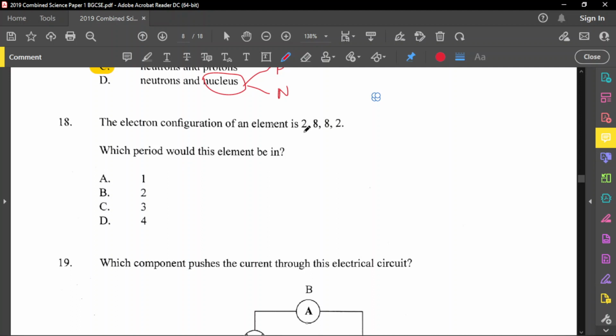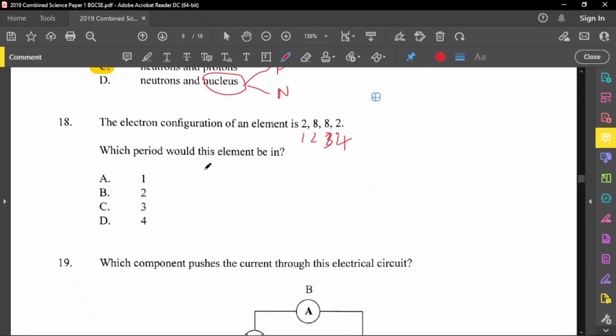So guess what? The first shell holds 2. So that's our first shell. That's number 1. Second shell holds 8. Next shell 8. And the next one goes up to 8 as well. But in this case, it only has 2 to put on that shell. So this is the, I should have put third. So this is the third shell. This is the fourth shell. So the number of shells determines the period which it falls in. And so we know if we have 4 shells, it must be